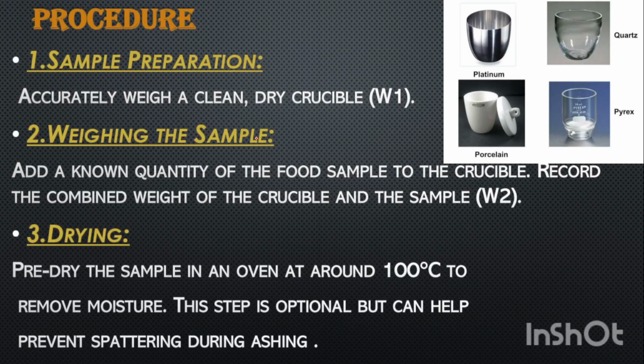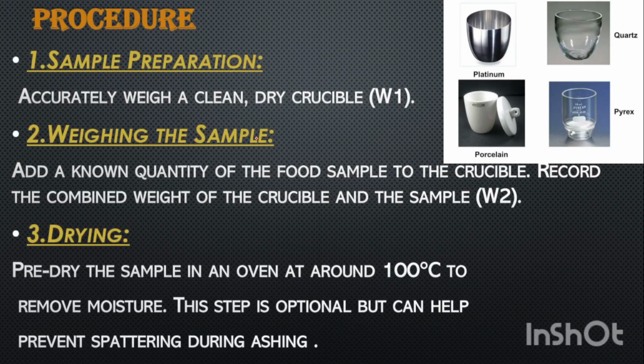Coming to the procedure, in this we need to find out the weight of the clean dry crucible. Place about 2 grams of the sample and weigh this to find out the accurate weight of the sample taken. Carefully place the weighed crucible over an electrical burner or the normal burner. The crucible should be partially opened. The sample will get charred with initial expulsion of smoke.